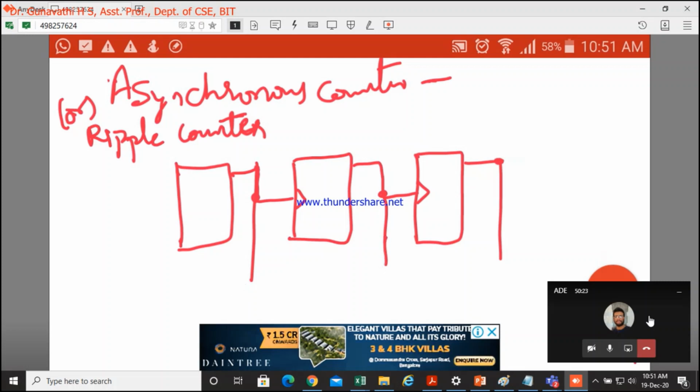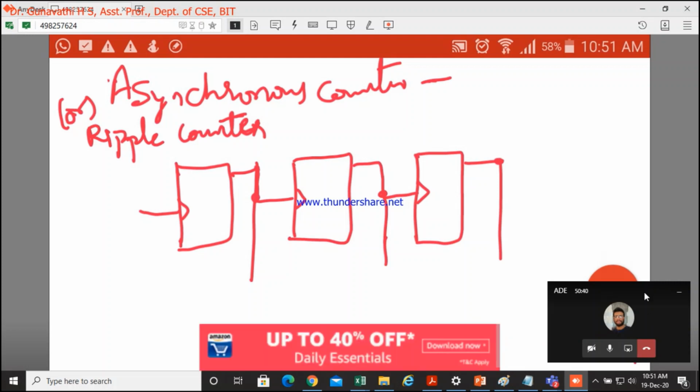So this is our count sequence. The clock for the first stage will be given. Then what is the input for this? What type of flip-flop am I using? Whether I'm using D flip-flop, JK flip-flop, SR flip-flop, or T flip-flop. So what sequence do we need? Suppose it is mod 8, what sequence do we need?